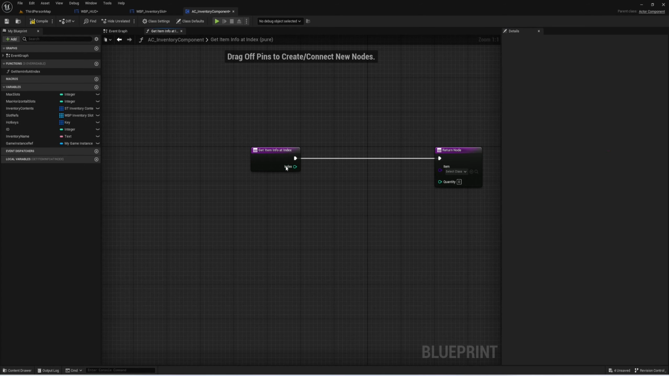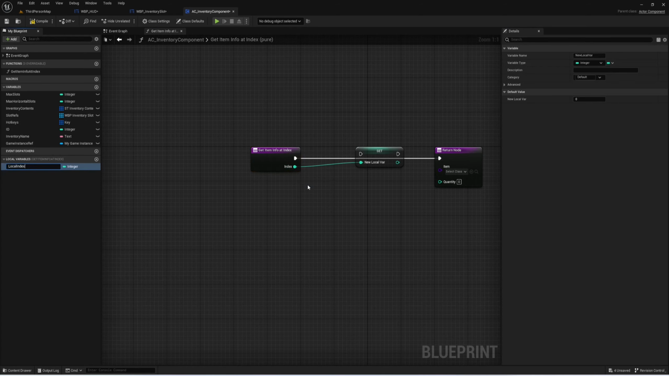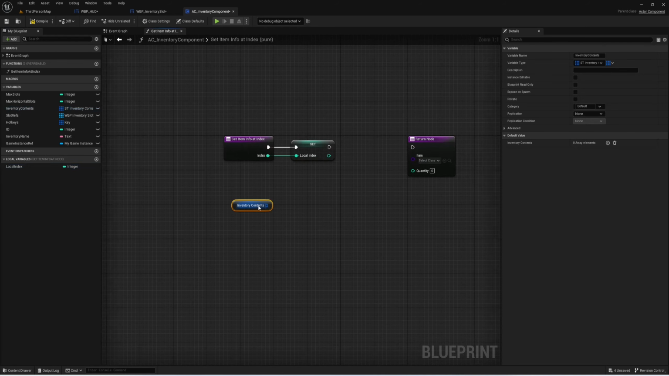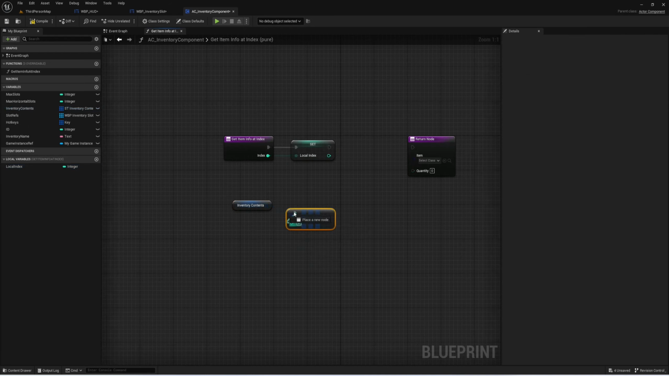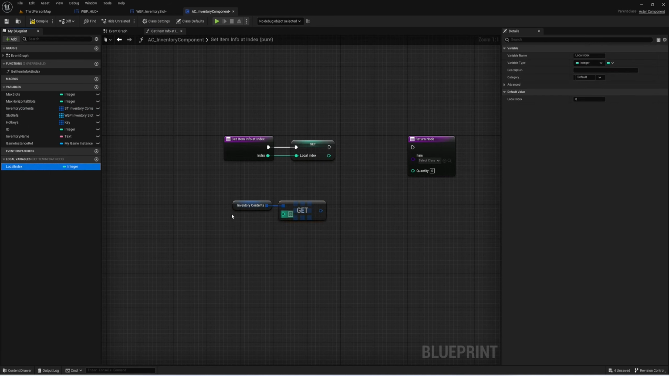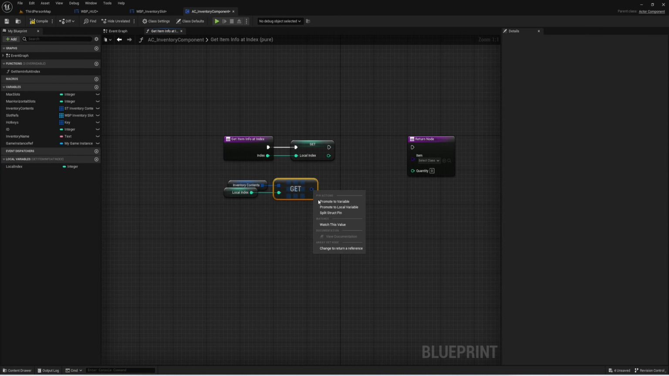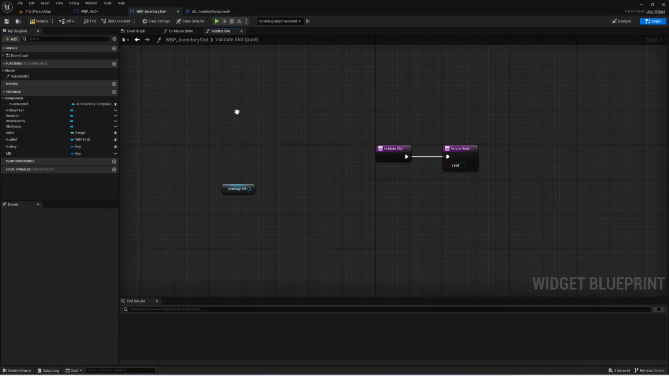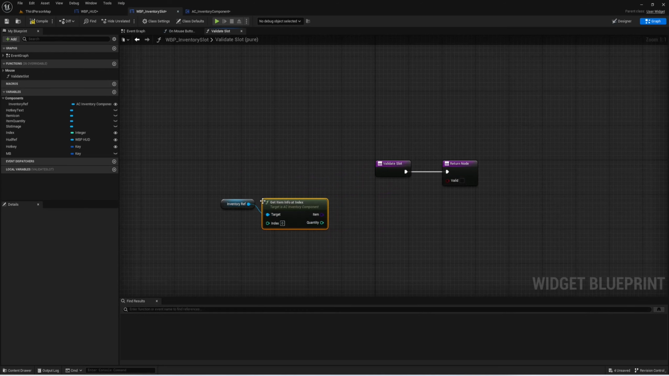Now we can promote this to local index, and now we can get the item info at the array index of the local index. Get the contents. You can split this open and plug in the pins accordingly. Now over on inventory slot now, we can get item info at index,